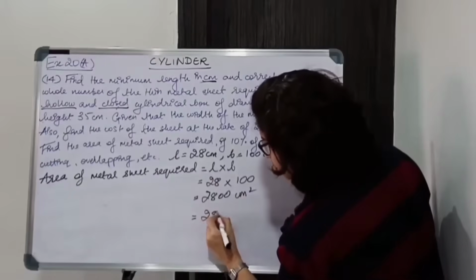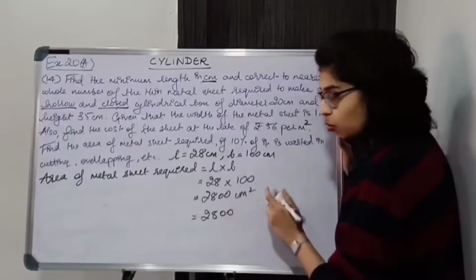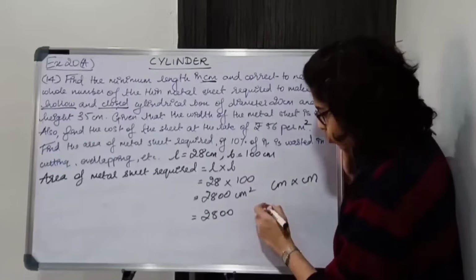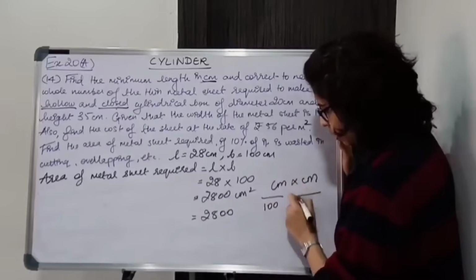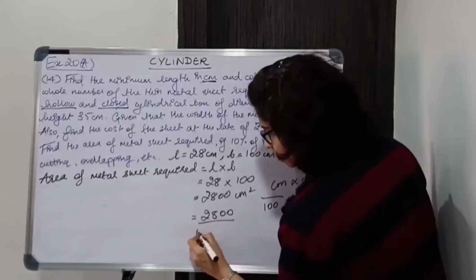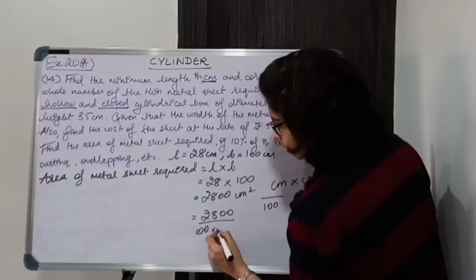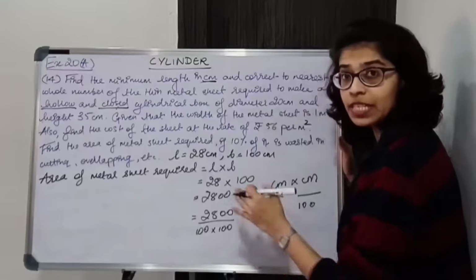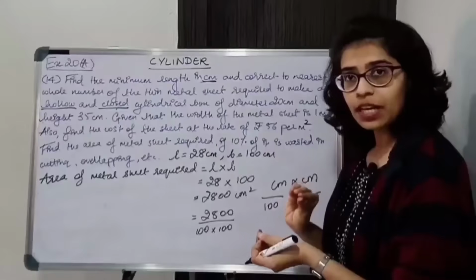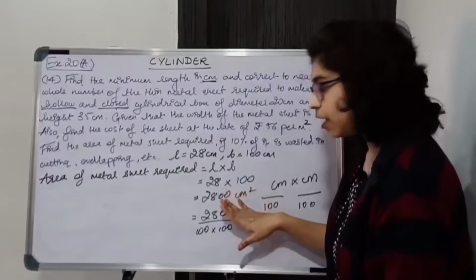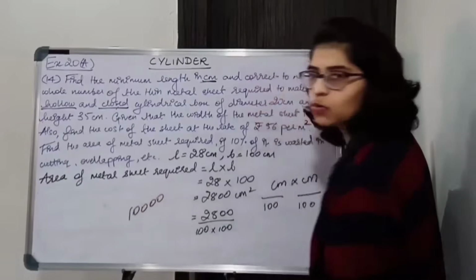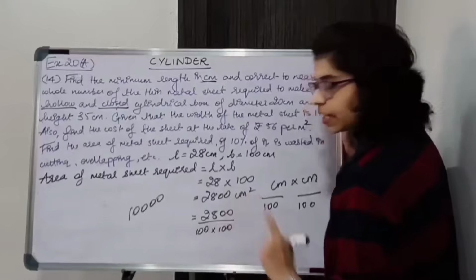Okay. Why? Because सेंटीमीटर स्क्वायर है, मतलब सेंटीमीटर इंटू सेंटीमीटर. तो 1 सेंटीमीटर को जब मैं मीटर में करती हूँ तो I divide by 100. तो इसको भी करूँगी तो I divide by 100 again. So for 1 centimeter I am dividing by 100 and again for another centimeter I am dividing by 100. If it would have been centimeter cube, then I would have divided by 100 again. Okay. So please keep that in mind, that if you are converting centimeter square into meter square, you divide by 10,000. Okay. So we are dividing by 10,000.